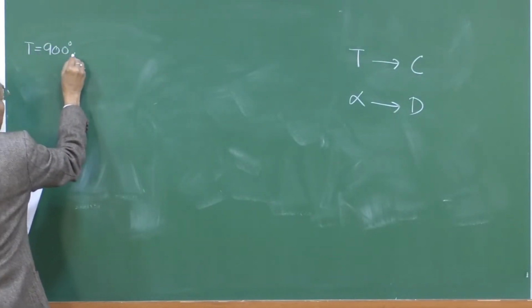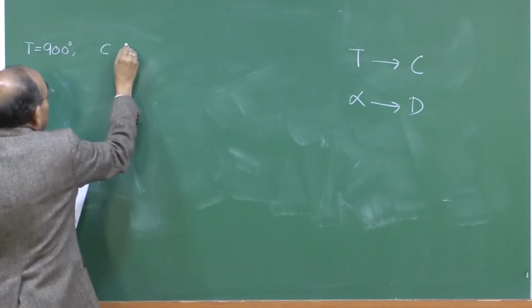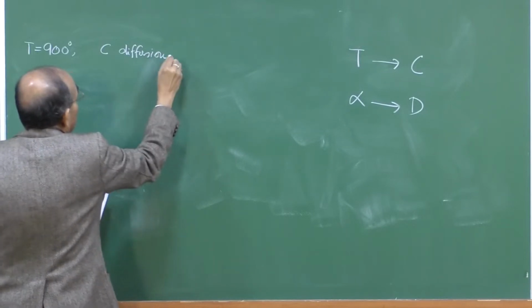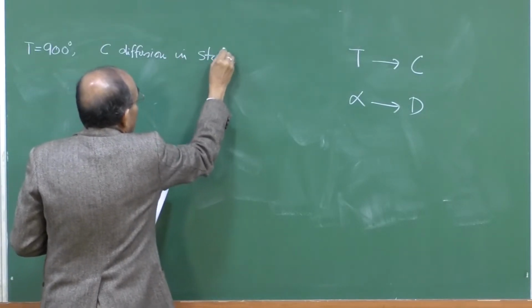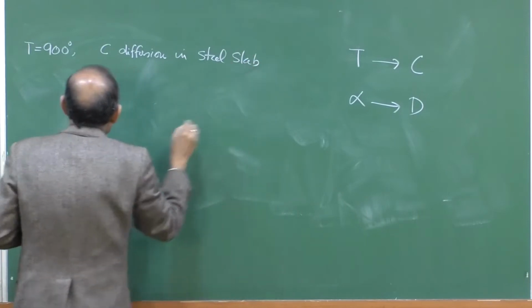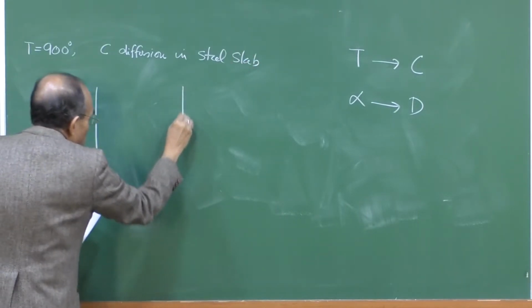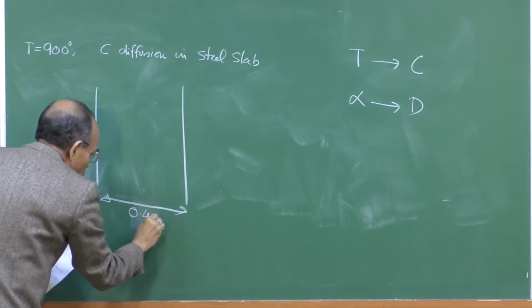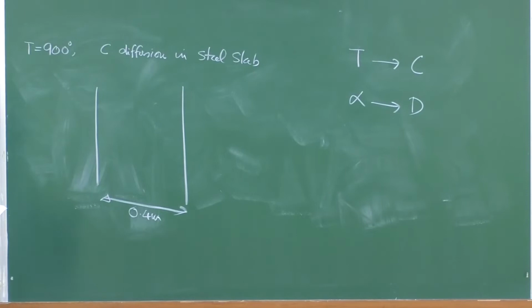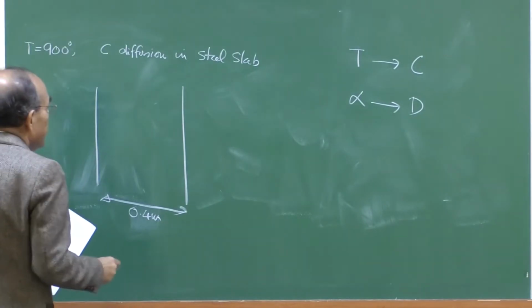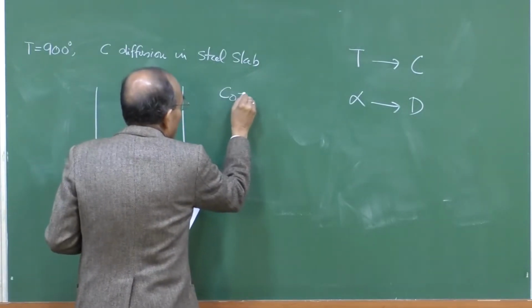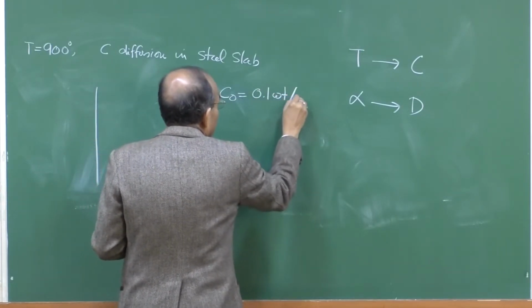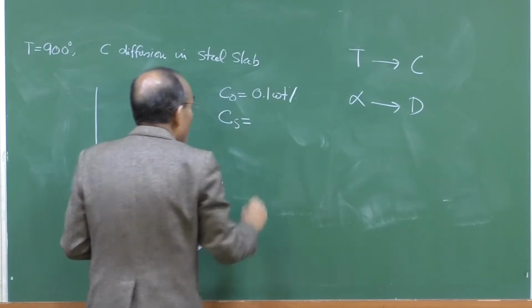It is a problem in which carbon is diffusing into a steel slab, and that slab has a width of 0.4 meter, 40 centimeter. Initially, the carbon content of the sample was 0.1 weight percentage, and the surface concentration